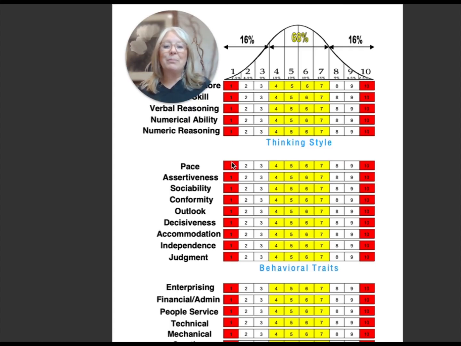We want people on all sides of this bell curve. We want people who are 1s, 2s, and 3s to focus on the details. We want people who are 8s, 9s, and 10s who can handle multiple things coming at them at one time. We need both of those people, but often we'll have conflict between these two when they work in the same organization because they drive each other crazy.